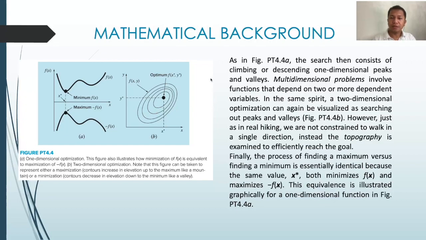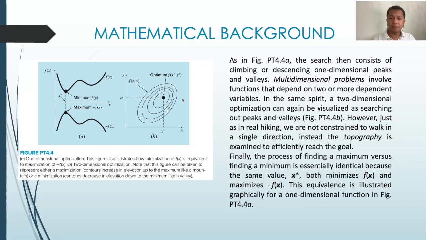So in this figure, the search consists of climbing and descending one-dimensional peaks and valleys. Multidimensional problems involve functions that depend on two or more independent variables. In the same spirit, a two-dimensional optimization can again be visualized as searching out peaks and valleys, just like here in